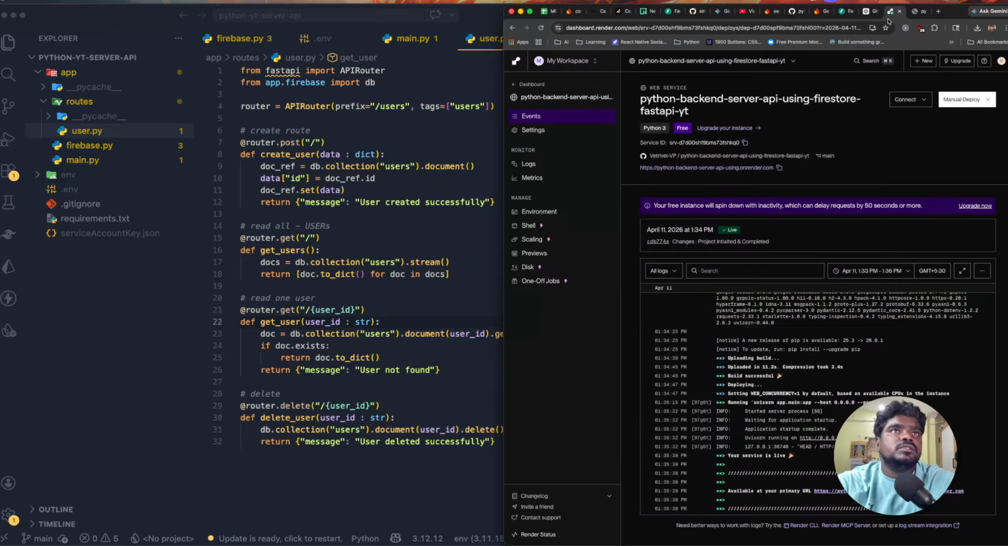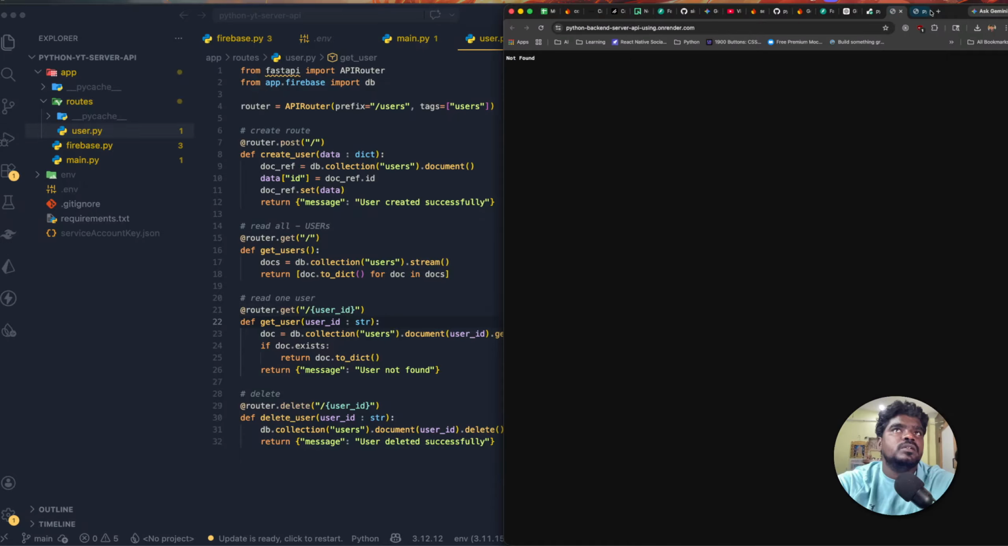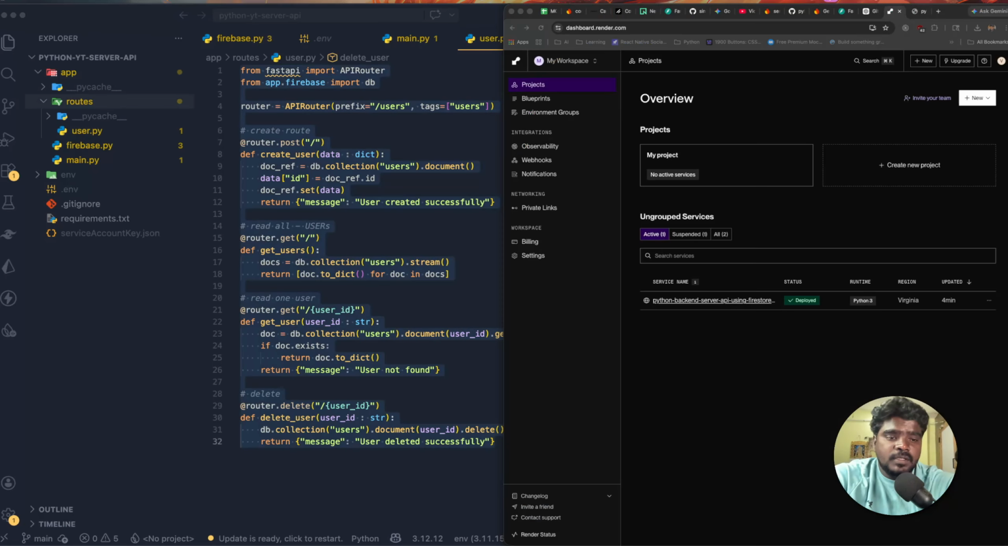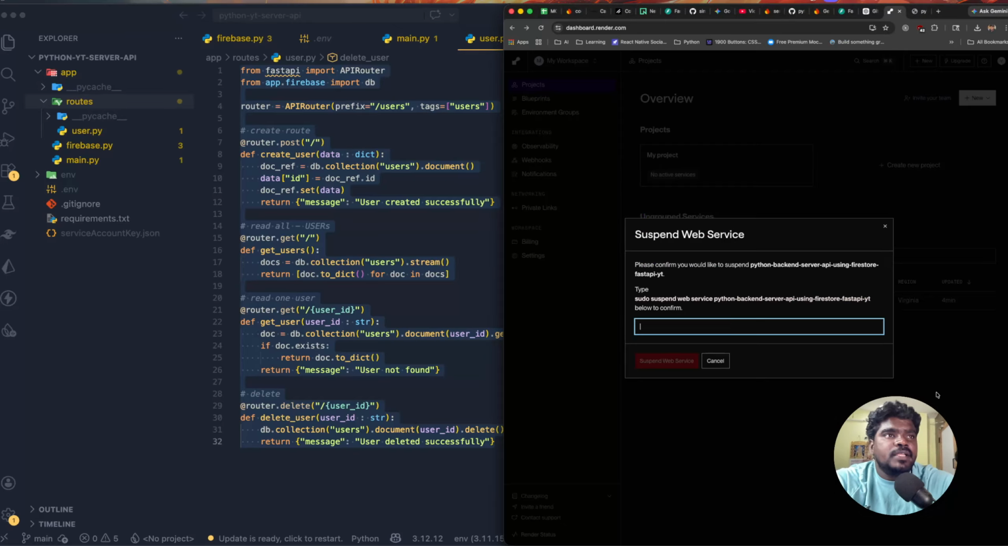Okay, otherwise what is it? This is the route. Let's check it out. /users. Huh. Oh, it's confusing. I'm not sure what is happening, so let's try suspending it and let me create it one more time from